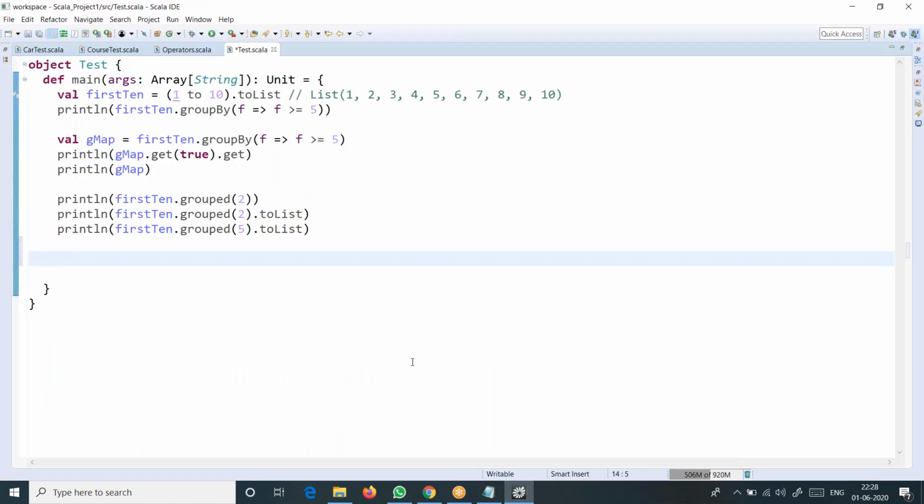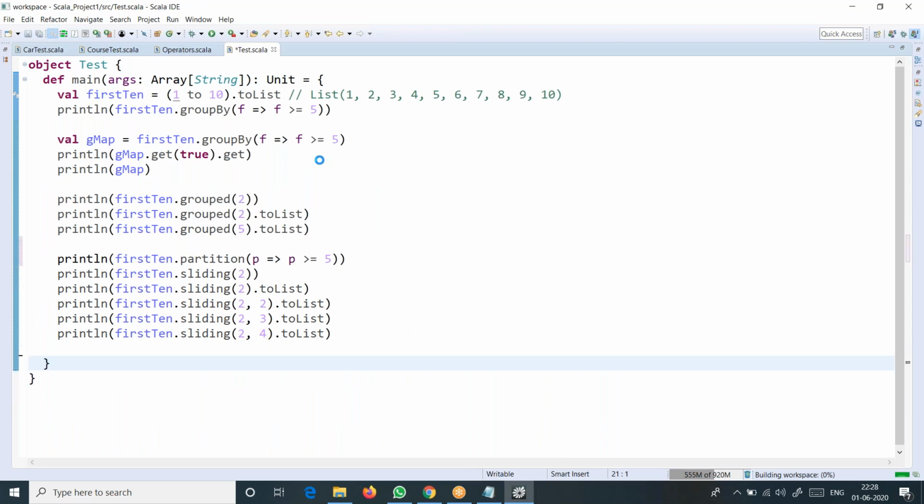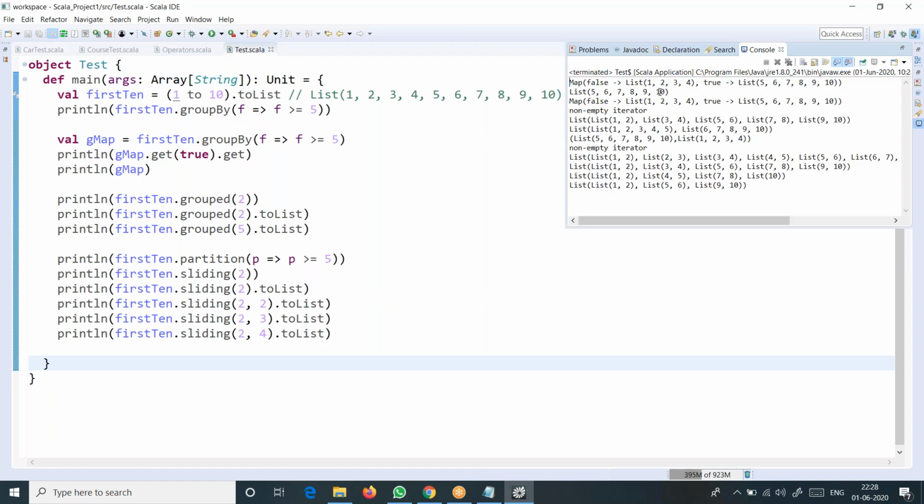Let's see the output and understand, because it's better to analyze with outputs. Again, we got partition perfectly dividing the data into two partitions. Here, not like the previous case.